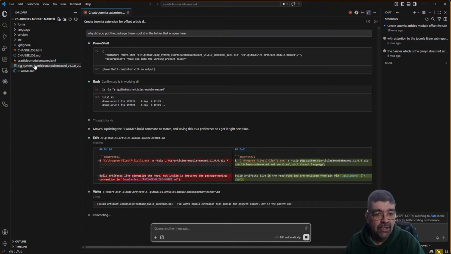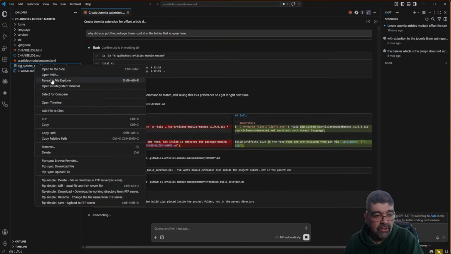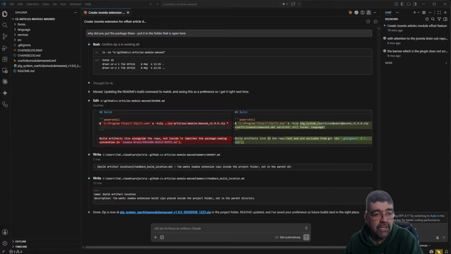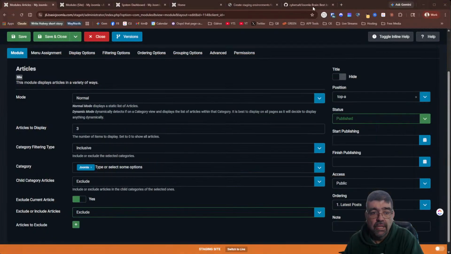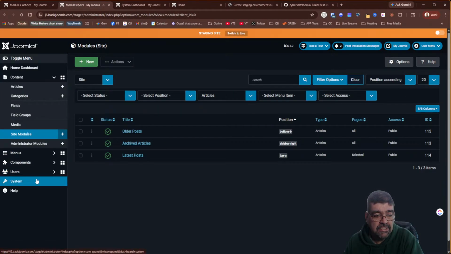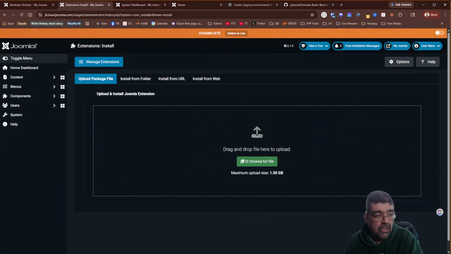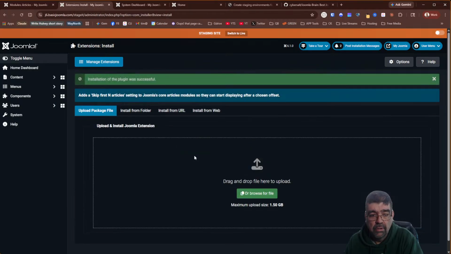All right, so I'm going to right click, reveal in Explorer. There's the file that I want to install. Let's drag it off to the side. Let's go down here. Let's go modules. Here we go. System. Install extensions. Upload. And okay, so now